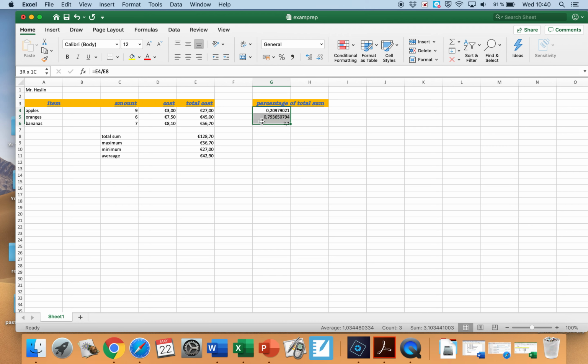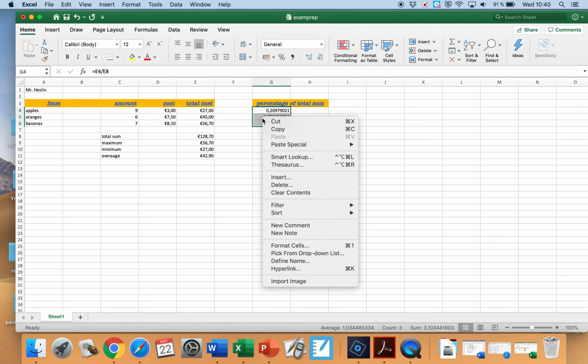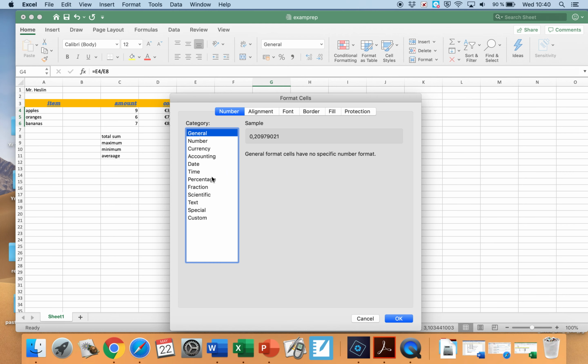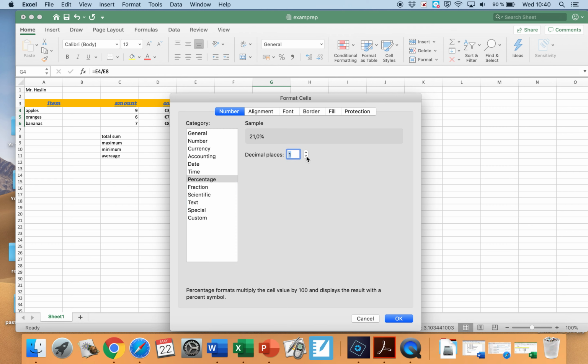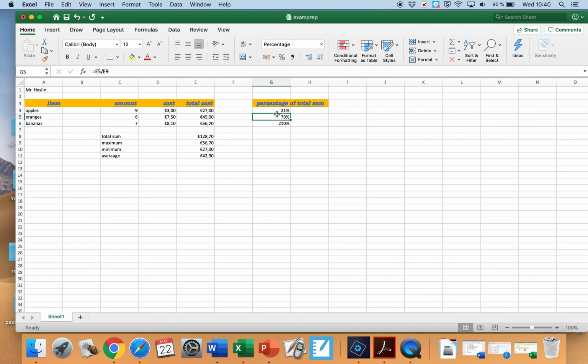So I will select my cells, and I will do my old favorite, double click, select format cells, and I will go here to percentage, okay? I'm going to round it up, okay? I'm not going to do 2 decimal places. I will do no decimal places to get a nice clean percentage, okay? And there we go. So 21% of my total cost goes to apples, 79% goes to oranges, and